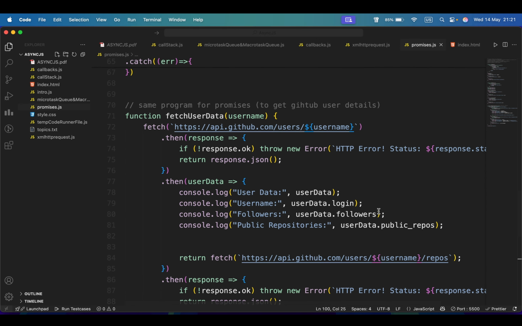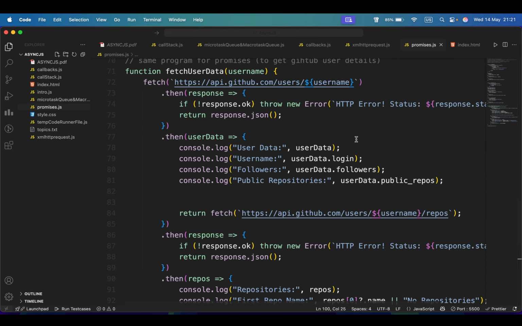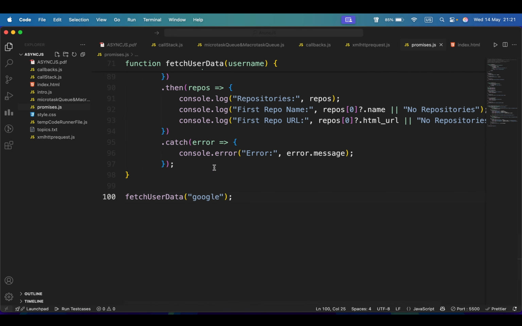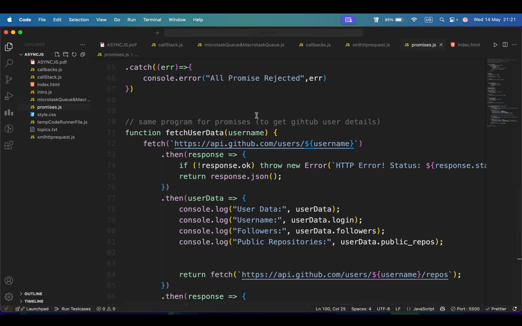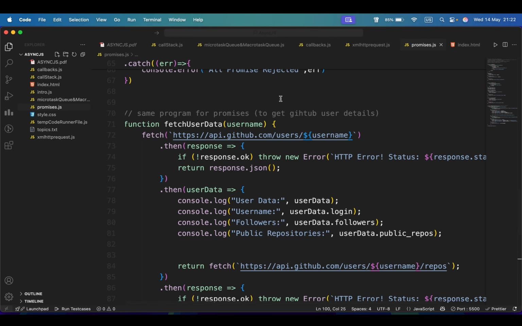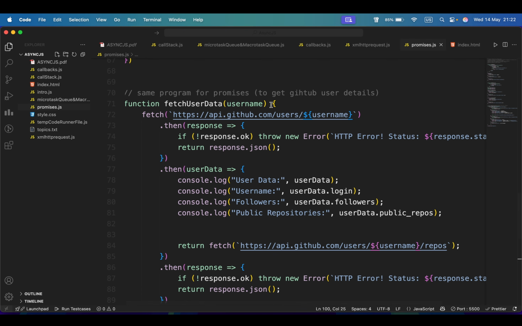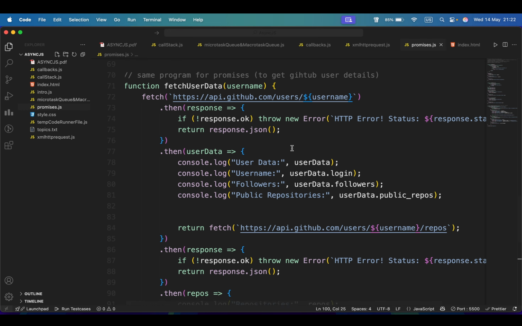So even if you have not understood anything, don't worry, I can explain. We have created a function fetch user data and are passing the username, which is Google. Inside this we demonstrated how we use fetch with promises to get the user data from GitHub. It begins by making a network request to the GitHub API using the provided username. Once the response is received with fetch and .then, if the request was successful, that is response is okay, it converts the response to JSON and logs key user details like username, followers, and public repositories count,